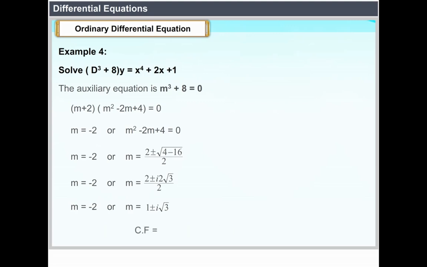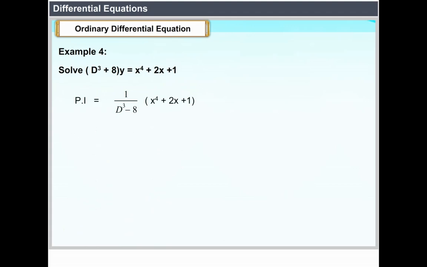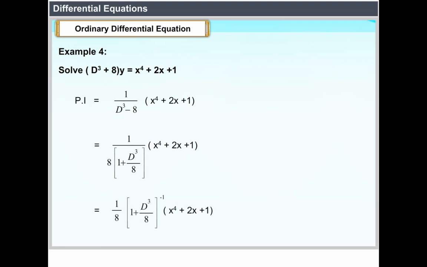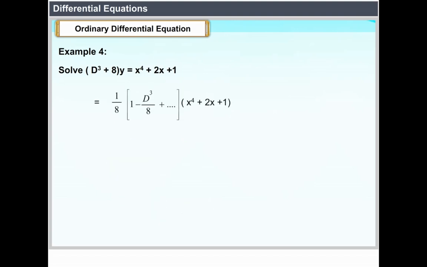sin root 3x). PI equal to 1 by (D cube plus 8) into x power 4 plus 2x plus 1 equal to 1 divided by 8 into (1 plus D cube divided by 8) into x power 4 plus 2x plus 1 equal to 1 by 8 into (1 plus D cube divided by 8) whole power minus 1 into x power 4 plus 2x plus 1 equal to 1 by 8 into (1 minus D cube divided by 8 plus etc.) into x power 4 plus 2x plus 1